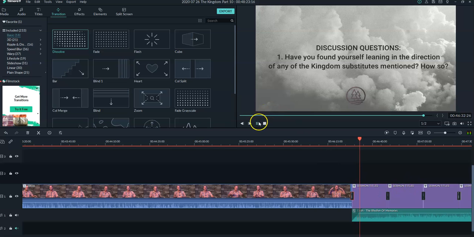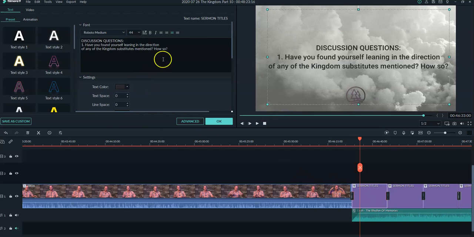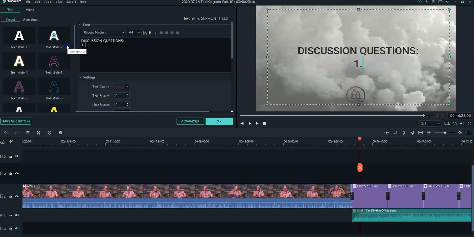Now hit pause if you want to edit a discussion question. Double click on the purple box. It's the same as with everywhere else. And then highlight what you want to edit in text and say, this is my new discussion question. Okay,